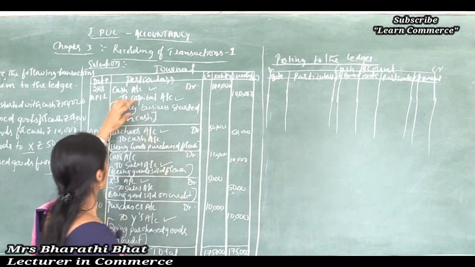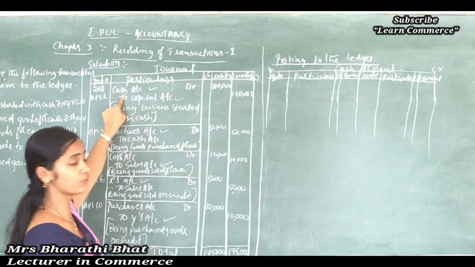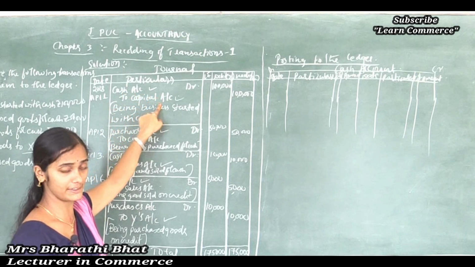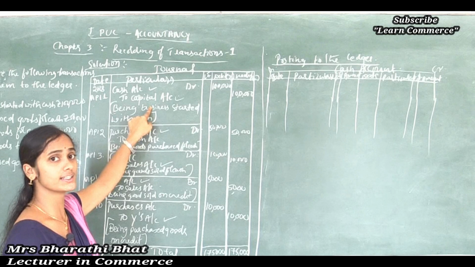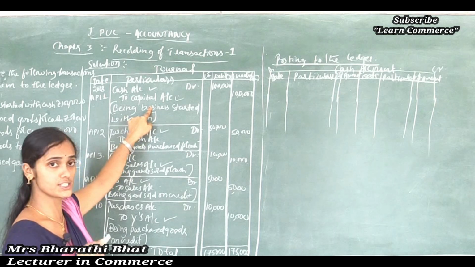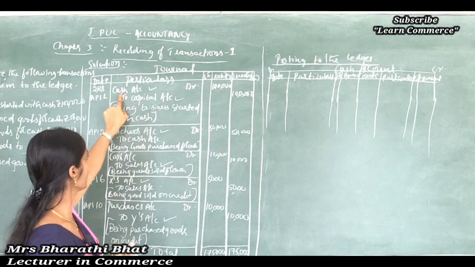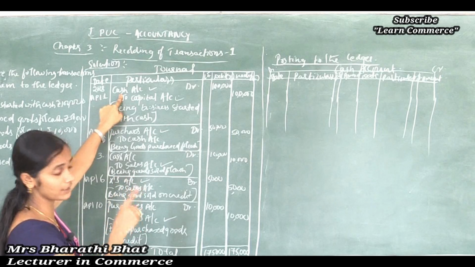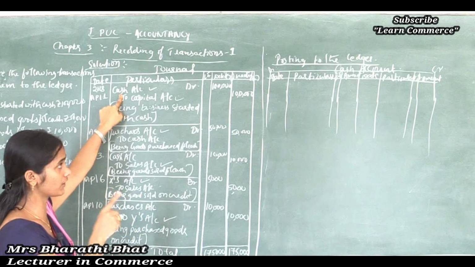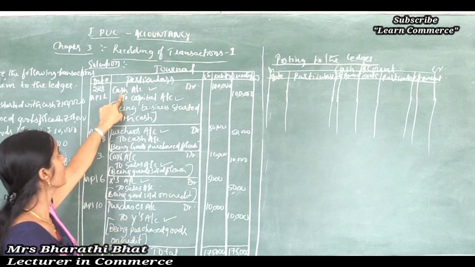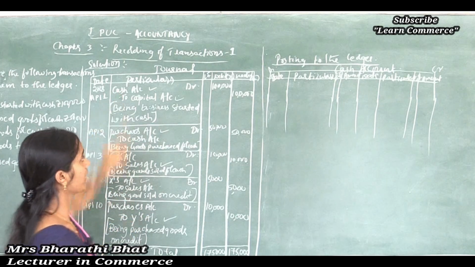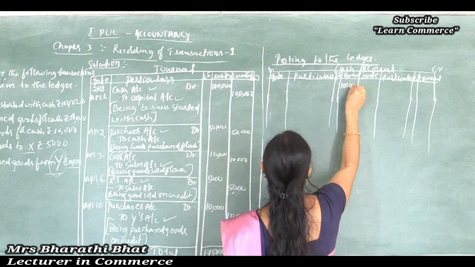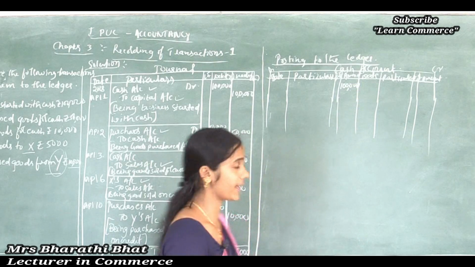Okay. See here, just analyze these transactions one by one. Cash account debited to capital account. In the previous class, I told the logic to post the journals to the ledger. Correct, right? So when we are preparing the cash account, the word cash should not repeat in that cash account. We should not record cash account in cash account. So here cash account debited 1 lakh. So on the debit side of the cash account, just write the amount debited, 1 lakh.